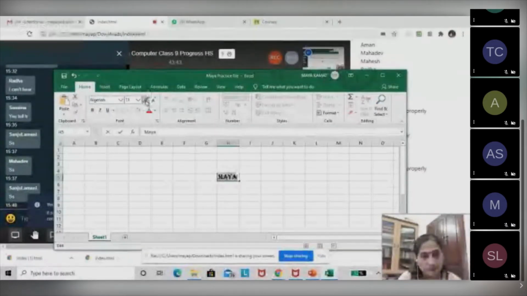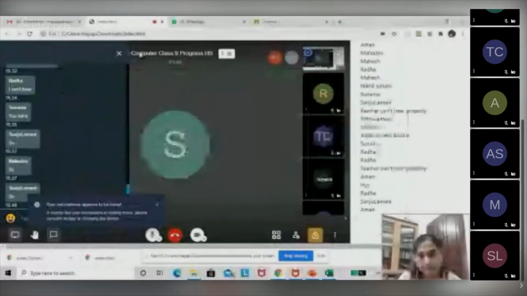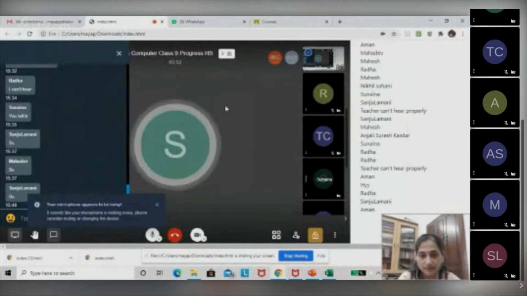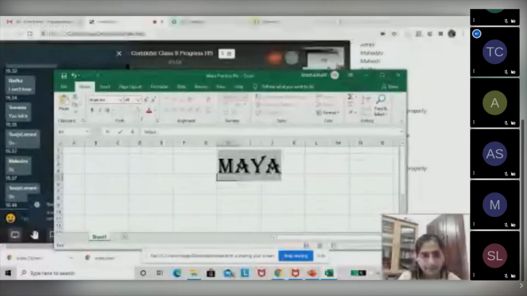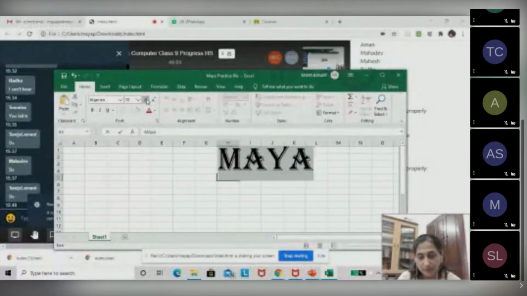I change the size. Is this visible to you? Yes. Can you all see it? Clear, no? Okay. Do I need to increase the font size? Let me know.